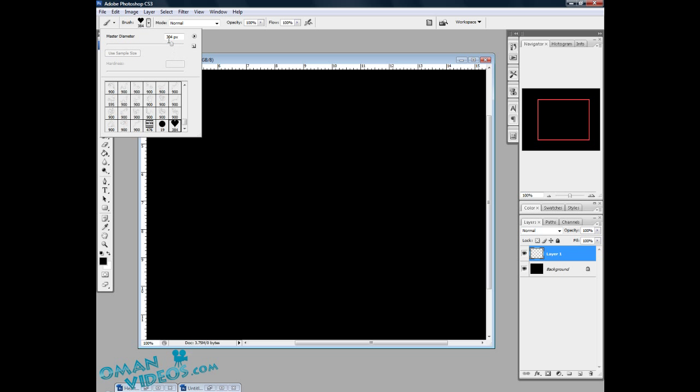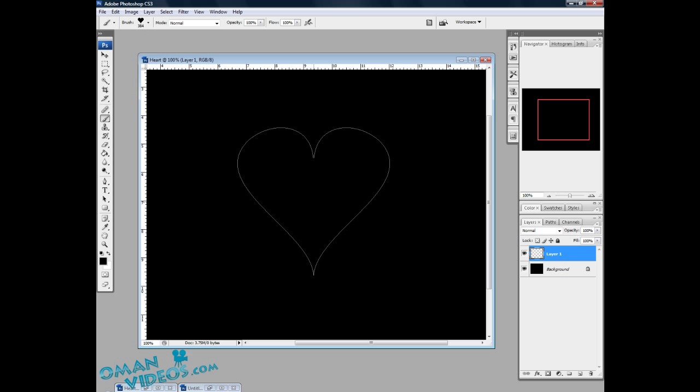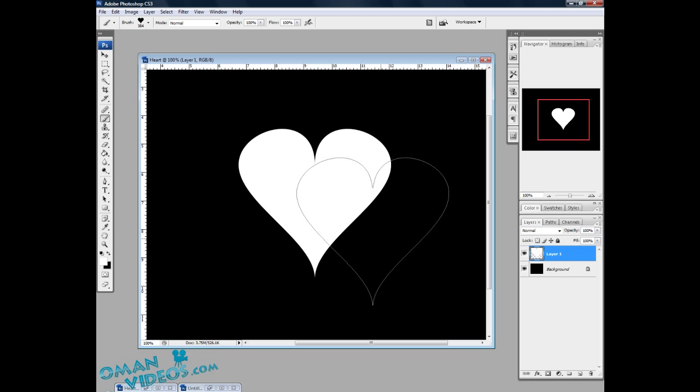So let's leave the size to 384 as default and give one click, fill it with white, so you get this heart. You can make many more modifications using that brush tool. So since it's saved, it's right there. Let's add some extra effects on this heart layer now by double clicking on this layer,